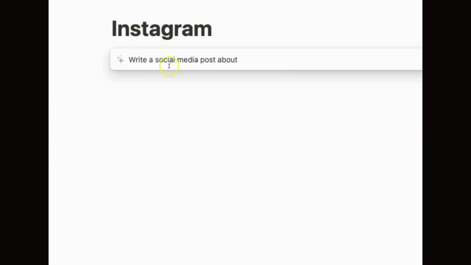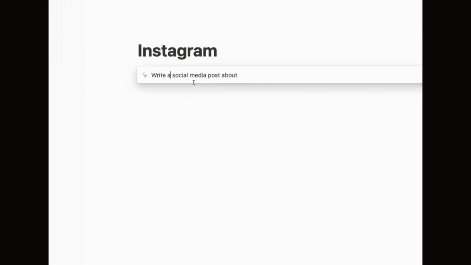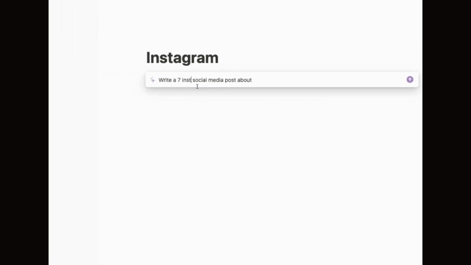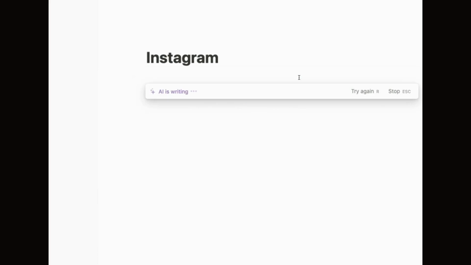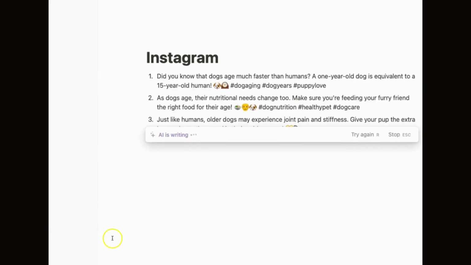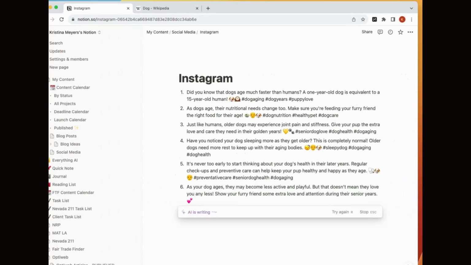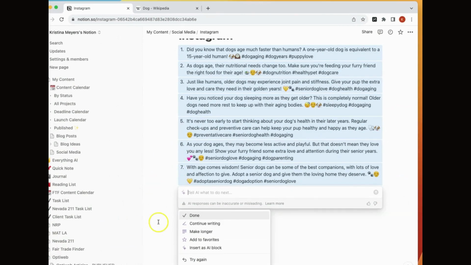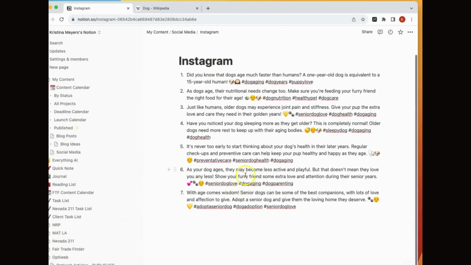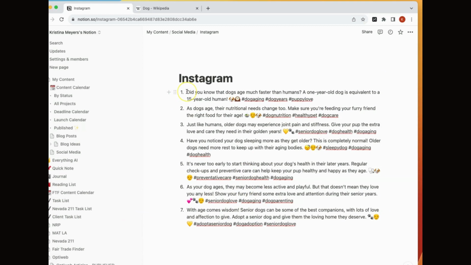There's a social media prompt. So we could say we want to write 7 Instagram social media posts about how dogs age. And it's giving us the content for our social media post, and it's giving us hashtags. So this is great. The next thing you can do, so this is 7 days' worth of social